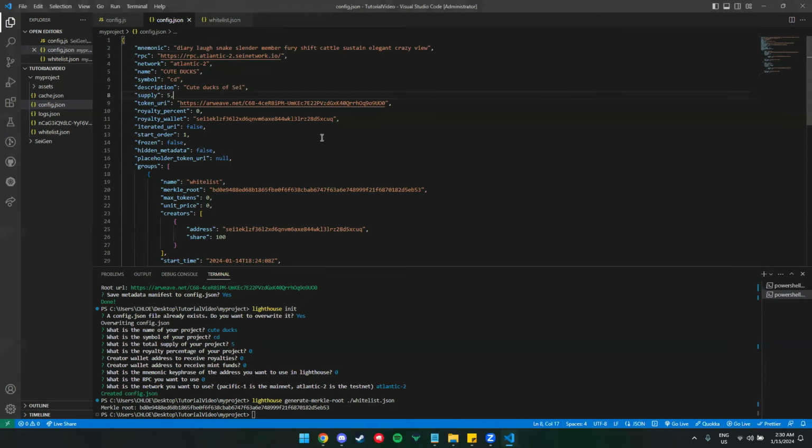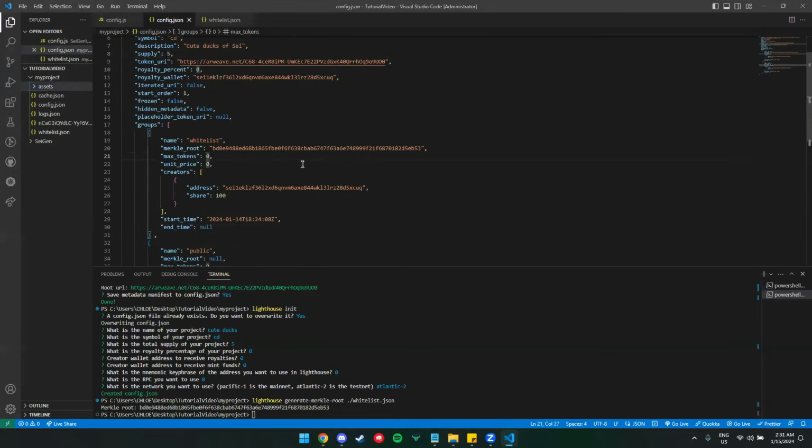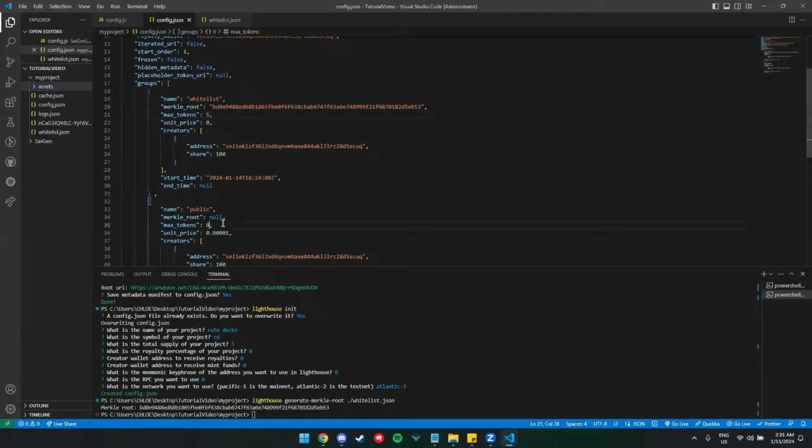So let's double check if everything's set. Symbol, supply 5 NFTs. Since I created 5 NFTs. Max token for whitelist, let's say 5. And for, let's say it's 2 NFTs, and max token for public is 1.